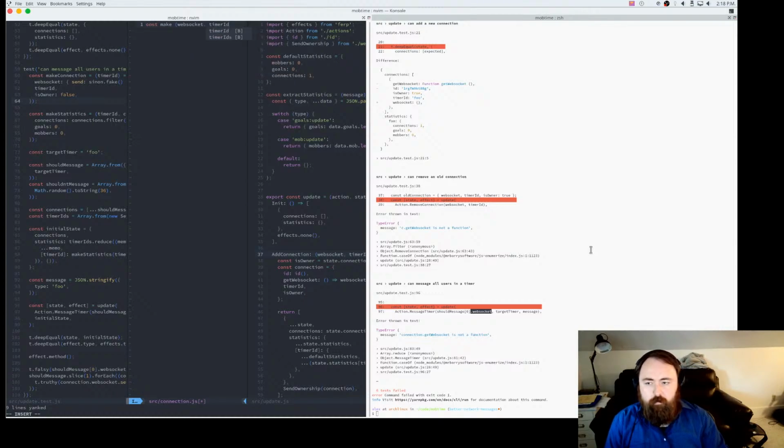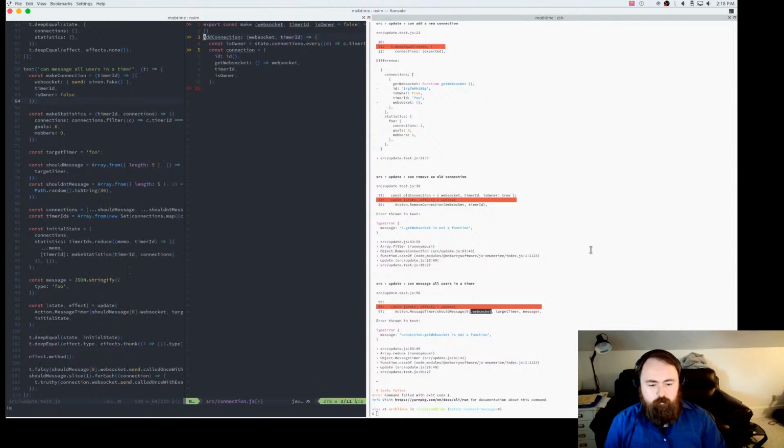Secondary is a timer ID associated with it. And then isOwner, which we're going to default to false. Okay, we're just going to dump what was in here previously. I'm also going to close the source file. So we know for adding a connection, it looks like this.